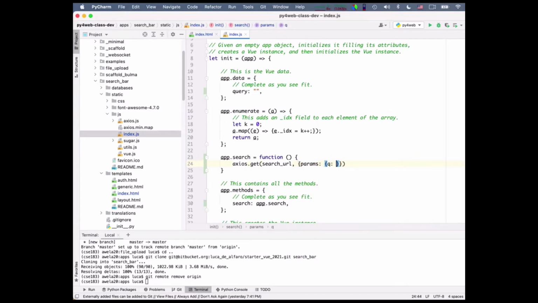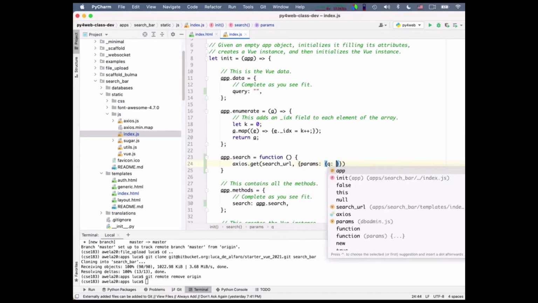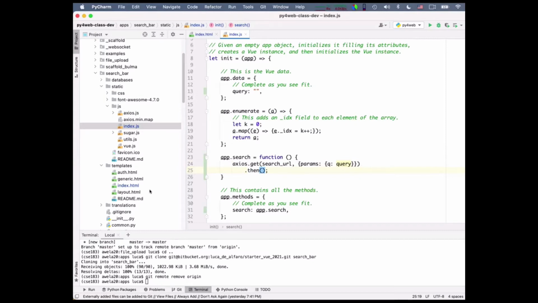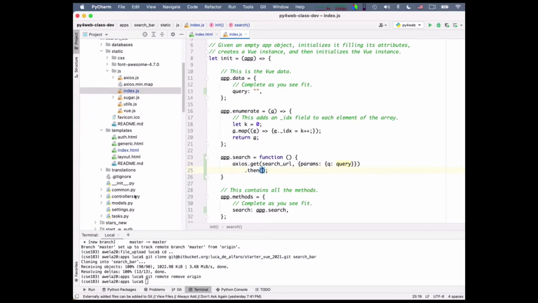Q, the query is going to be the query. I think this is the right syntax, okay? And then I do a then, but I don't do the then now. Okay. In fact, maybe it's even more elegant if I write it here. So this is what I will do later. But let me not write it. Let me go to the controller. Now write the controller portion.